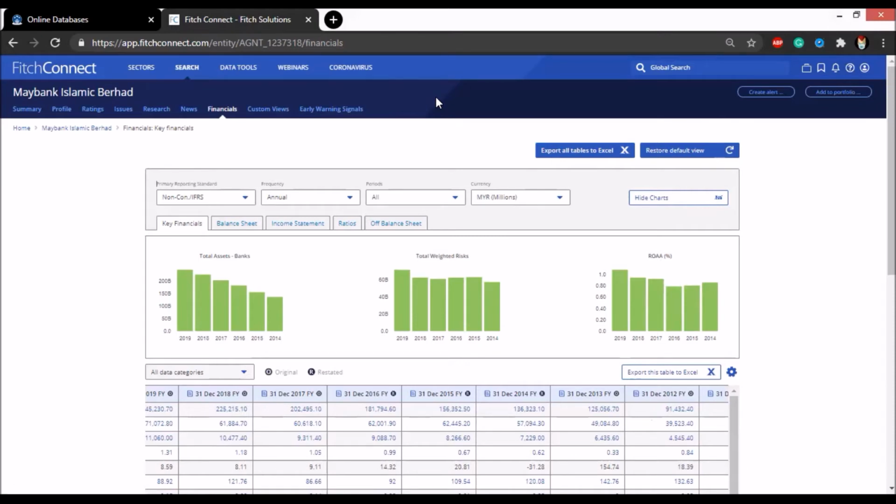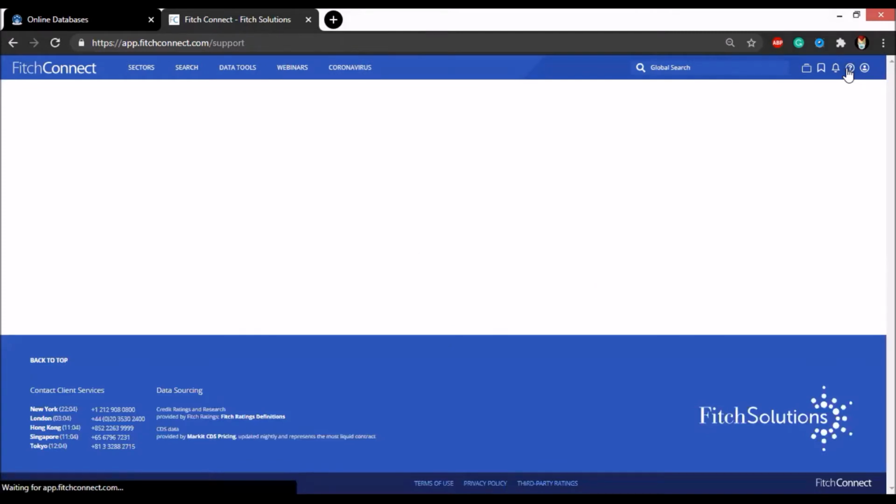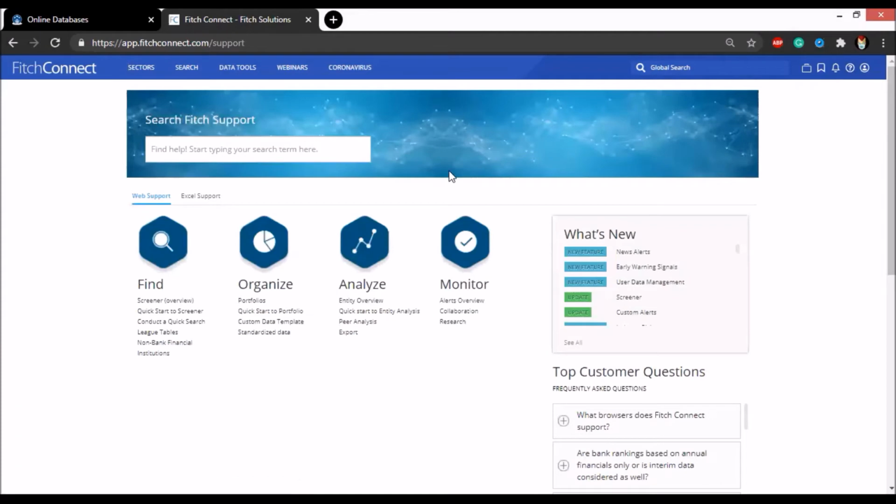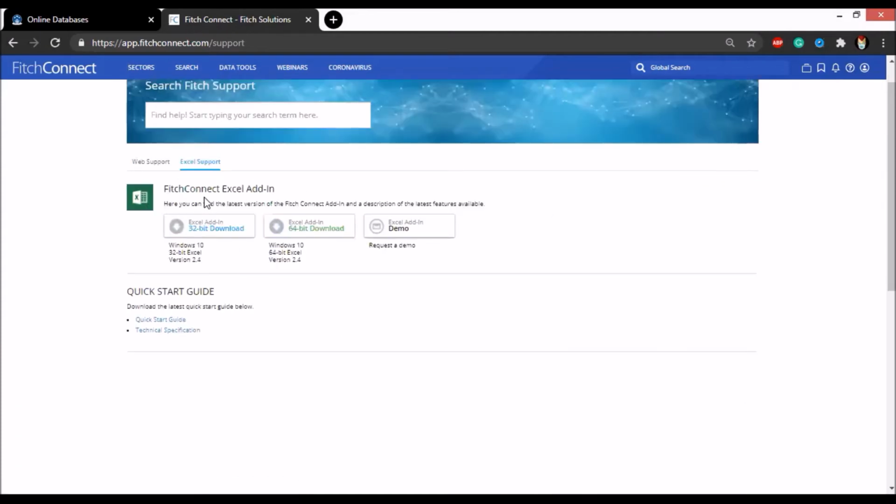Once you have logged into the Fitch Connect website, you just go to the support center at the top right hand side, and then go to Excel support and download the Fitch Connect Excel add-ins based on your